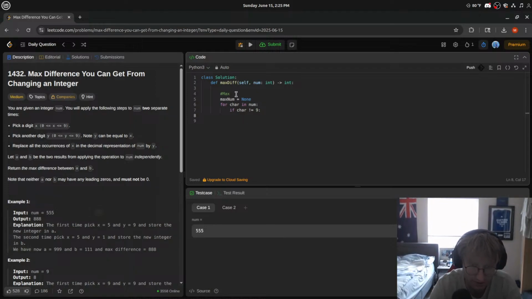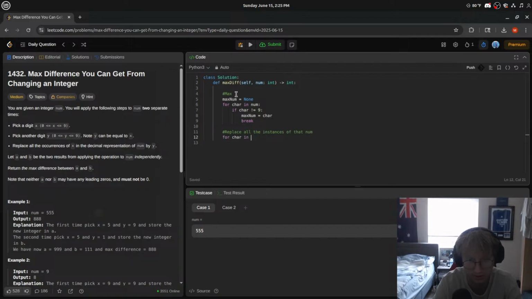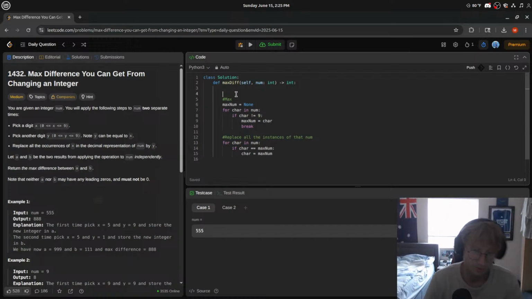If char does not equal 9, then we want max num to be equal to char. Then we break here, right? So we found our max num. Now replace all the instances of that number here. Go for char in num, if char is equal to max num,